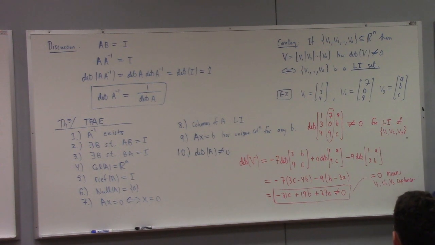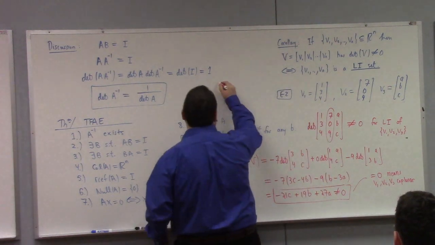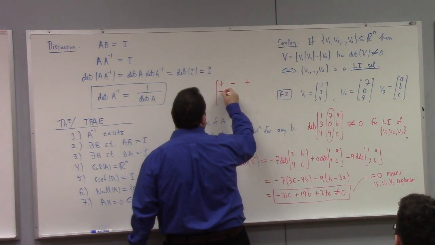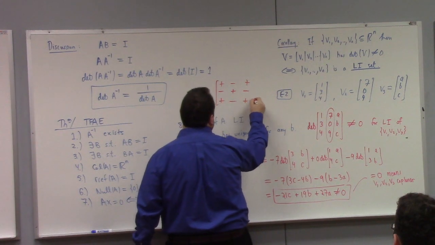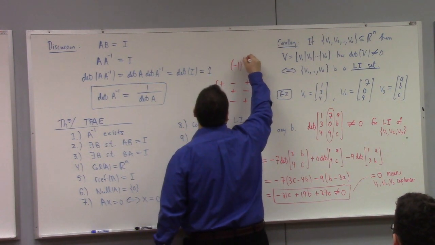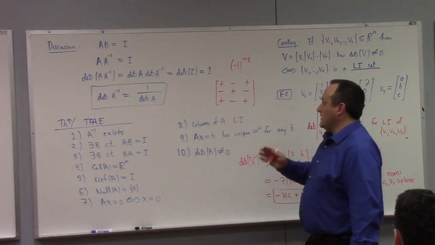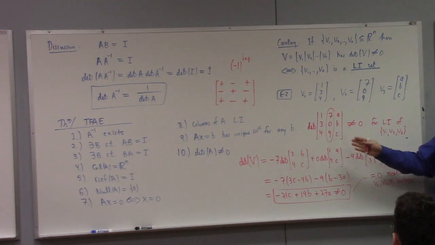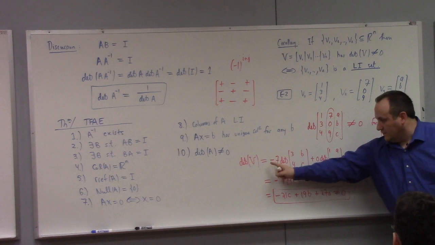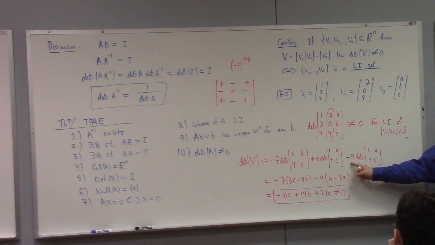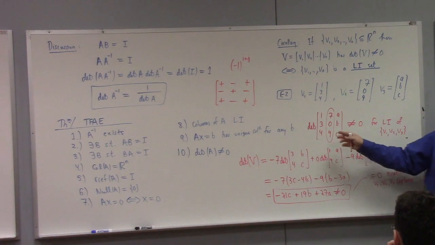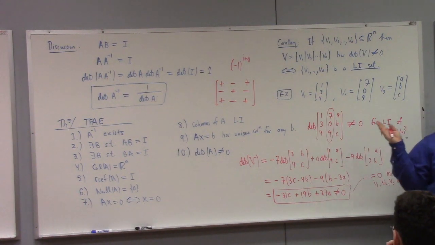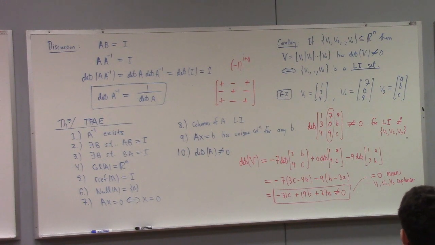So the rule is, for a 3 by 3, when you're looking at Laplace's expansion by minors, you have to think about this like plus, minus, plus, minus, plus, minus, plus, minus, plus. So what you're looking at is minus 1 to the i plus j for the ij spot. So 1,1 is minus 1 squared, and 1,2 is minus 1 cubed, which is minus 1. And so that's why I put a minus, a plus, and a minus. That's where those signs are coming from. If you expand about a different column or row, you have to mind these signs. I usually expand along the top row because I just go plus minus plus minus plus. That middle minus for a 3 by 3 is the same minus that you always forget